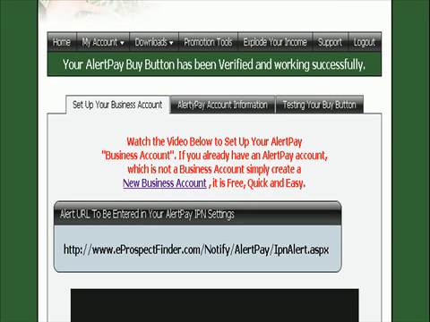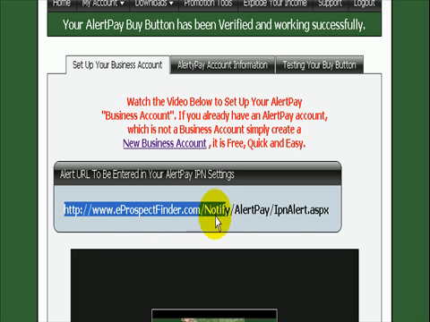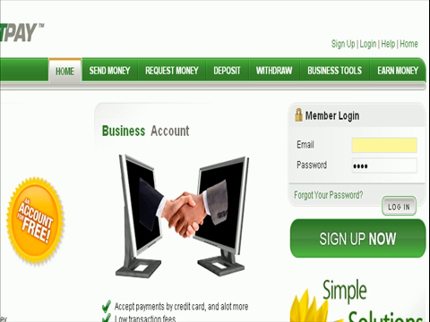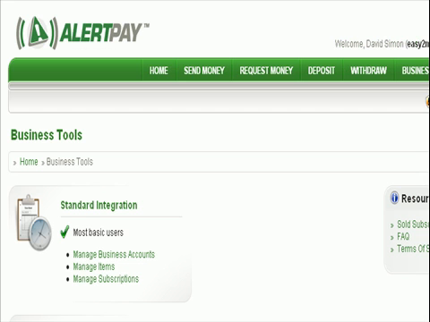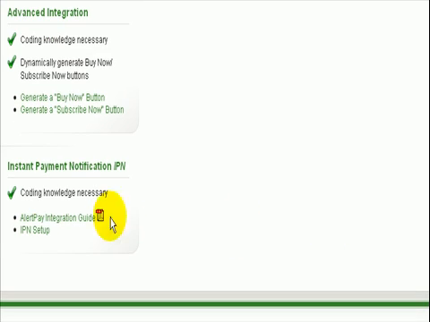and you're going to come to the default page here and you're going to see a URL. I'm going to want you to left click on that, drag and right click on it, say copy to copy and paste. You will then go to AlertPay and you'll just log into your AlertPay account, and once you've logged into AlertPay you'll go under Business Tools, and under Business Tools you'll see IPN Setup. Click on the IPN Setup,